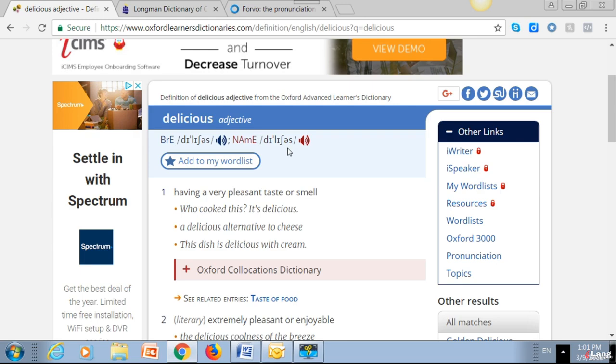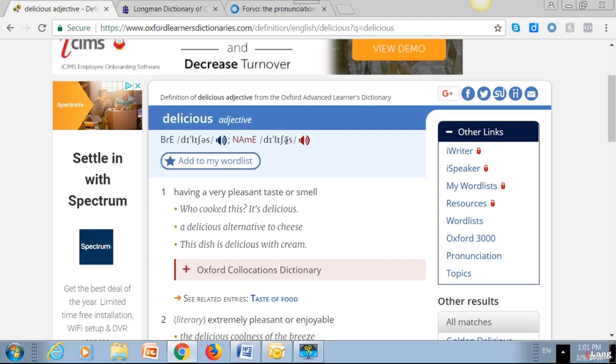One more important thing that I'd like to point out to you is the stress marking. So you'll notice there is a little line that separates the DI, and then there's a little line up above. You see it up here before the L? That means that the LI, lish, L-I-S-H, lish, is the primary stress syllable.